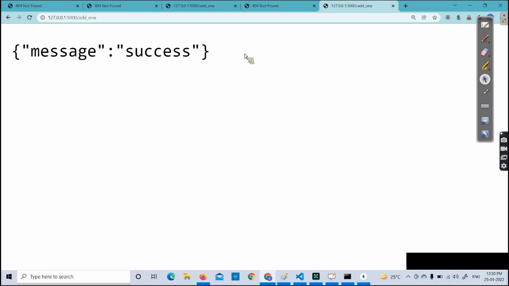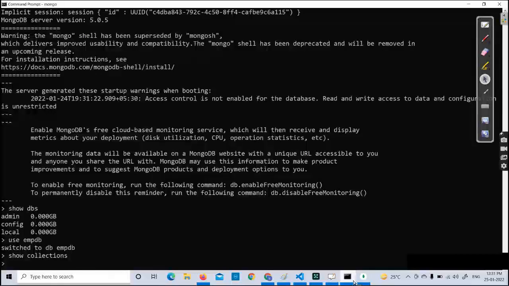JSONified means whatever the string is there, converted into a JSON object. This is a JSON object, JavaScript Object Notation object. So this is a JSON object with key and value. Every JSON object has a key and a value. So we did that. Now, if you observe carefully, let us see what happened. If this has run successfully, it is saying success. But the proof of the pudding is, I have to go to the database and check whether it is actually inserted or not. So we can go to Compass